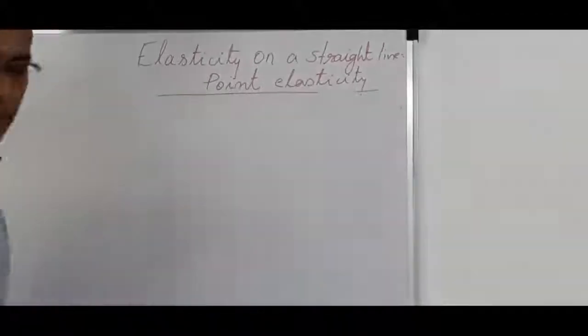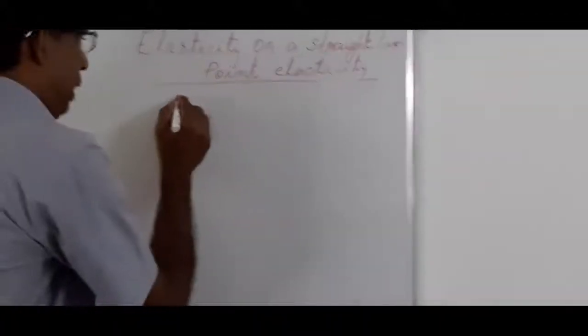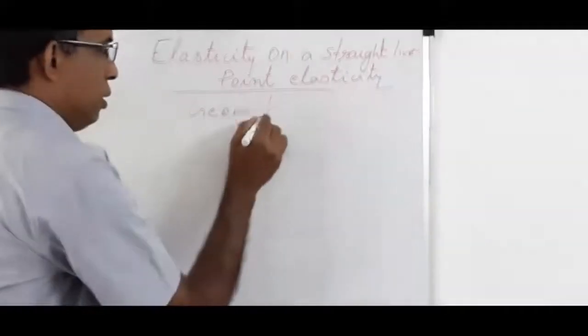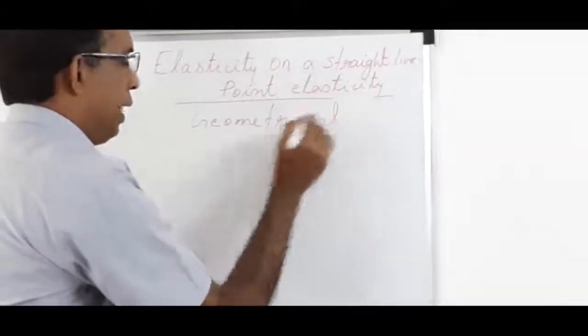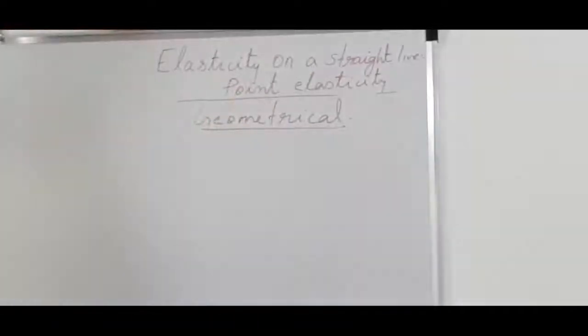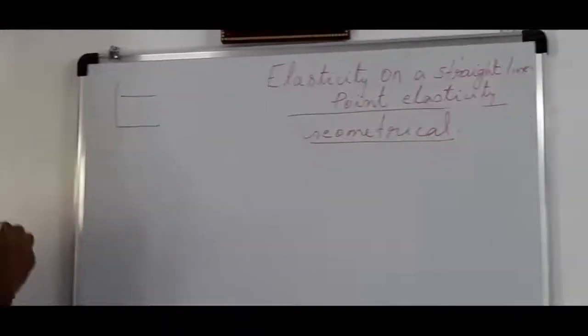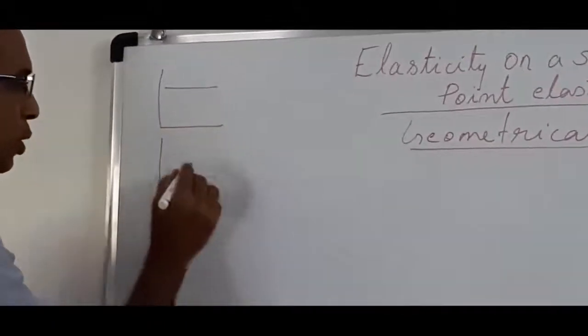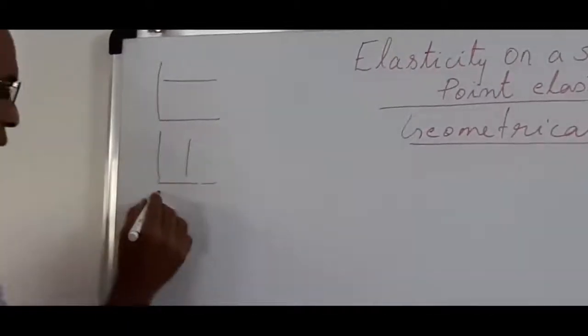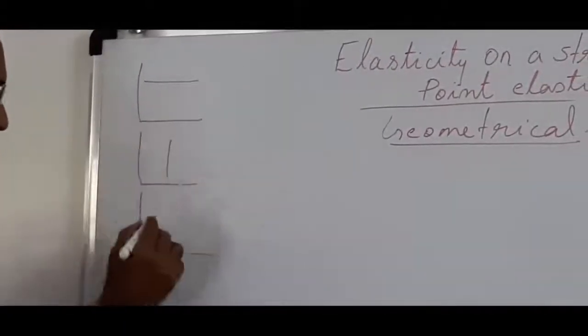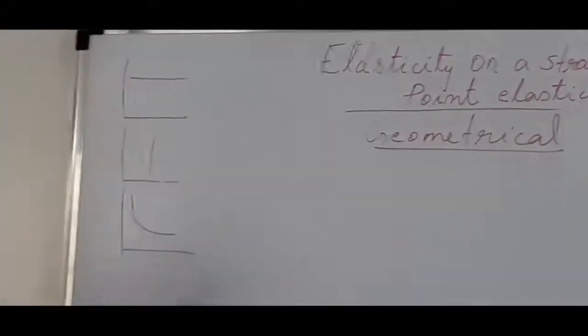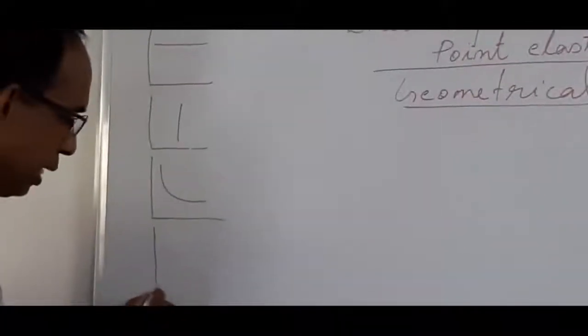Geometrical method of calculating elasticity. We know that there are 5 measures of elasticity that we have studied. Perfectly elastic, perfectly inelastic, unit elastic, rectangular hyperbola. Then we have studied more elastic, flatter. Then we have studied less elastic. And in the first 3